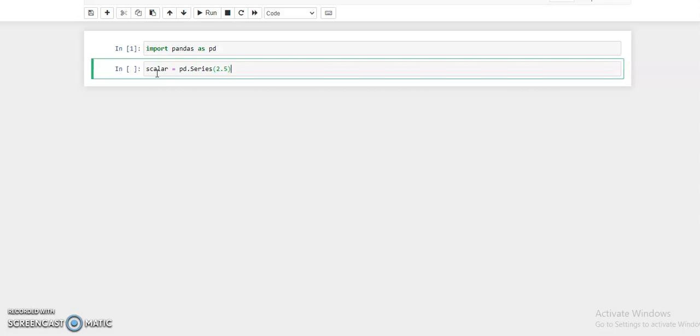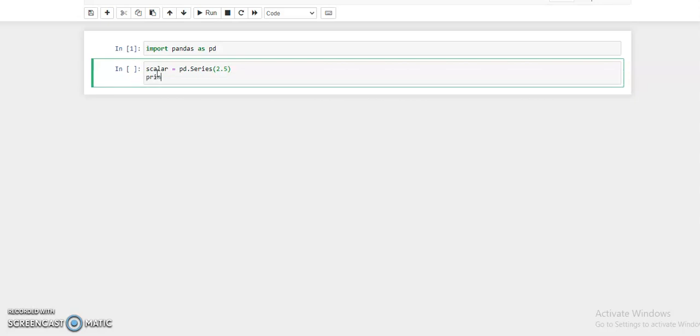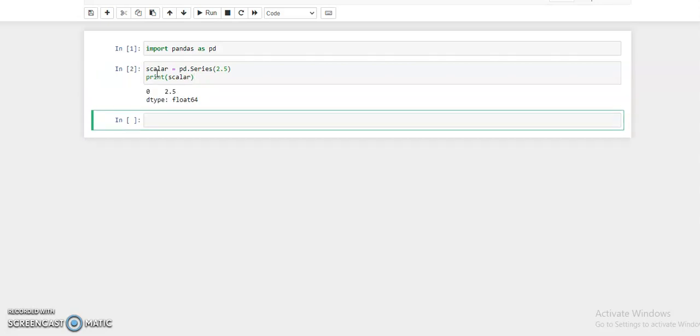Okay, now print this and pass here scalar. Now run. You can see the series is created with index 0 and the value 2.5.